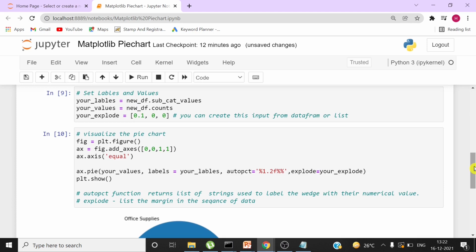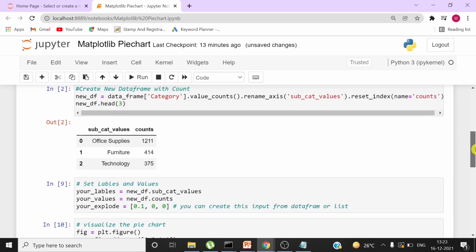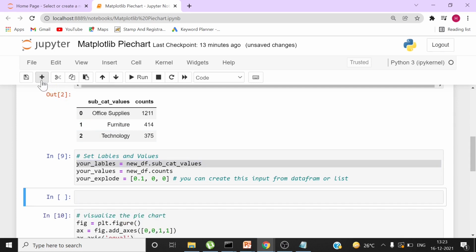Next, let's explore further and understand how to add values with the percentage. As of now we are just displaying the percentage. With the percentage, how can I add values, and how do I display those values along with the percentage? We have to calculate the count from the percentage before we set things, so I will add a cell here just before this cell. You can add a cell from here and move it up.